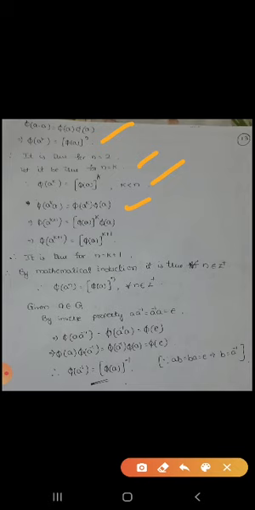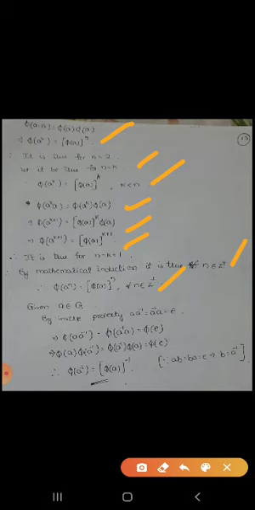We have to take phi of a power k into a equal to, by the definition of homomorphism, phi of a power k into phi of a. So that implies phi of a power k plus 1. Next, here phi of a power k equals phi of a whole power k into phi of a. Next that implies phi of a power k plus 1 equals phi of a whole power k plus 1. It is true for n equal to k plus 1. So therefore by mathematical induction it is true for all n belongs to Z plus. Therefore phi of a power n equals phi of a whole power n for all n belongs to Z plus.